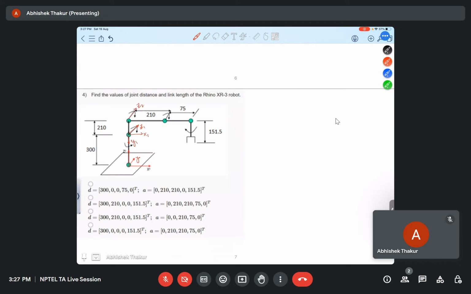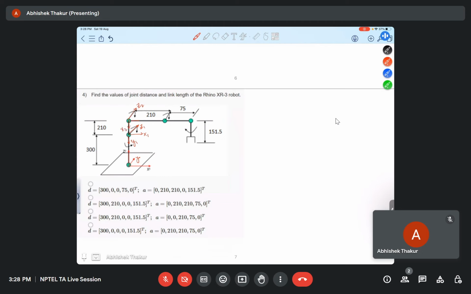So, to parallel this: when both z1 and z2 are parallel, then take a common normal, and the common normal will be along this. So this will be our x2, and this will be our